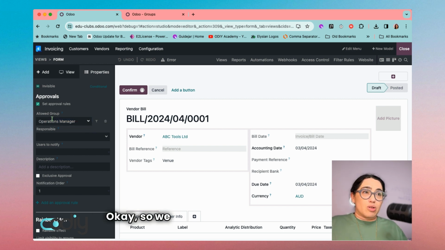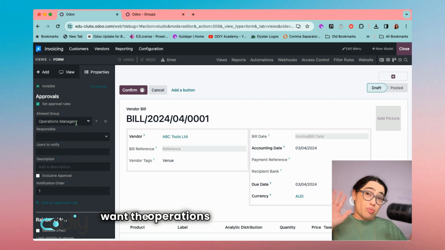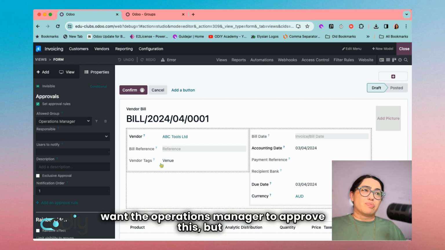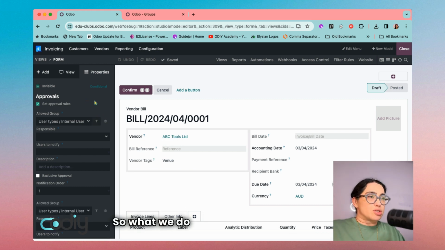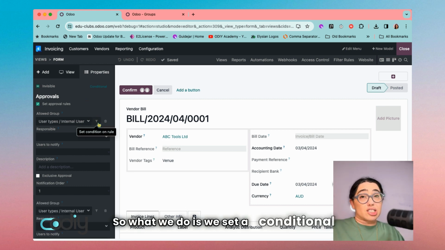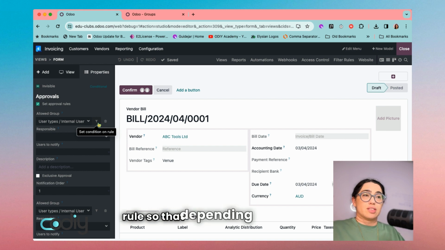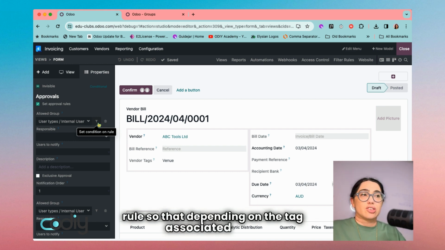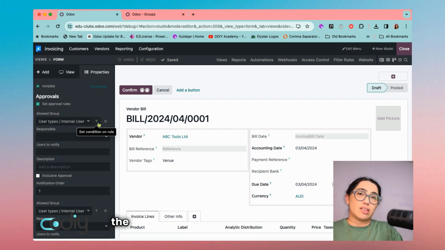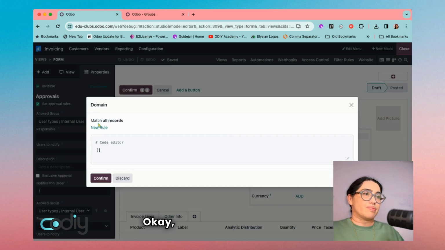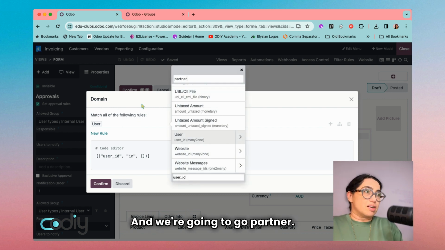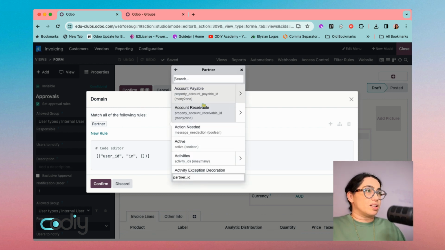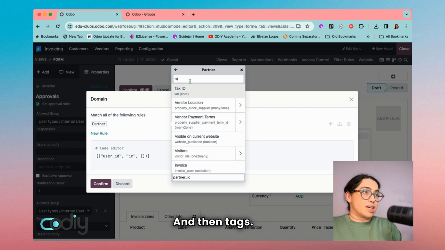Okay, so we want the allowed group. So we want the operations manager to approve this, but only if the vendor tag is operations, right? So what we do is we set a conditional rule so that depending on the tag associated with the vendor, it goes to a certain group. Okay, so let's do new rule, and we're going to go partner, and then tags,